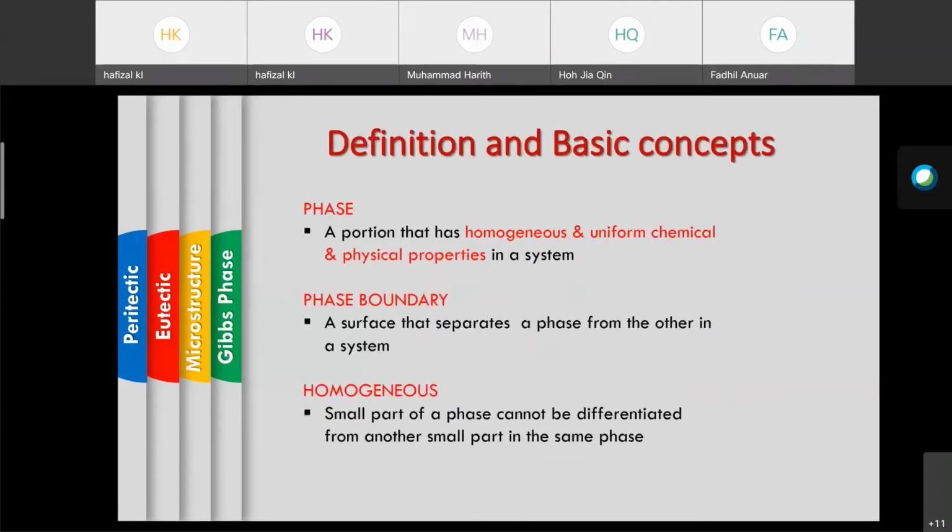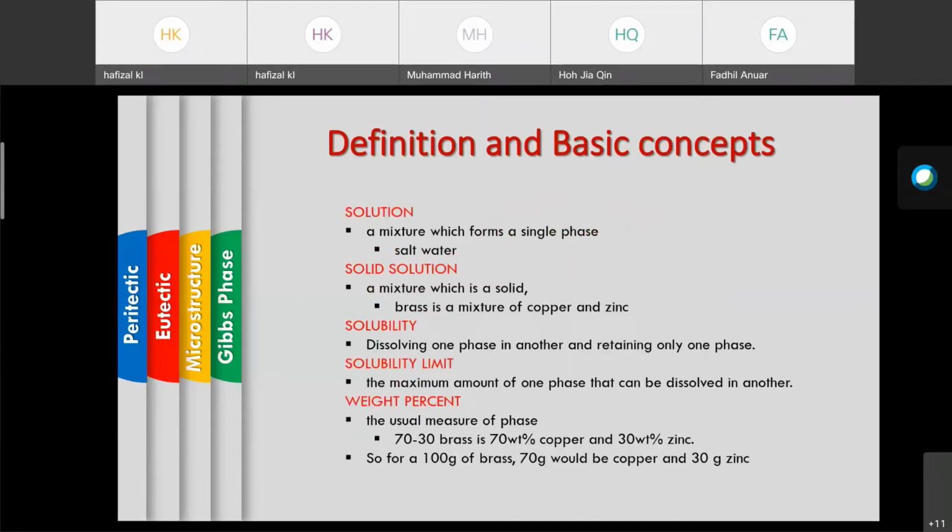We already looked at the definition of basic concepts, which are phase, boundary, homogeneous. Then we have solution, solid solution, and then solubility limit, weight percent. This weight percent is mainly what we will see in the phase diagram, so you need to understand this. In the phase diagram, weight percent basically refers to the percentage of